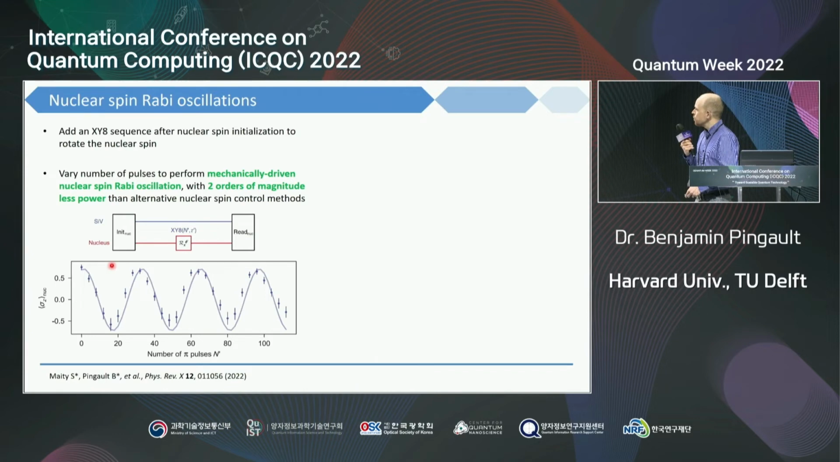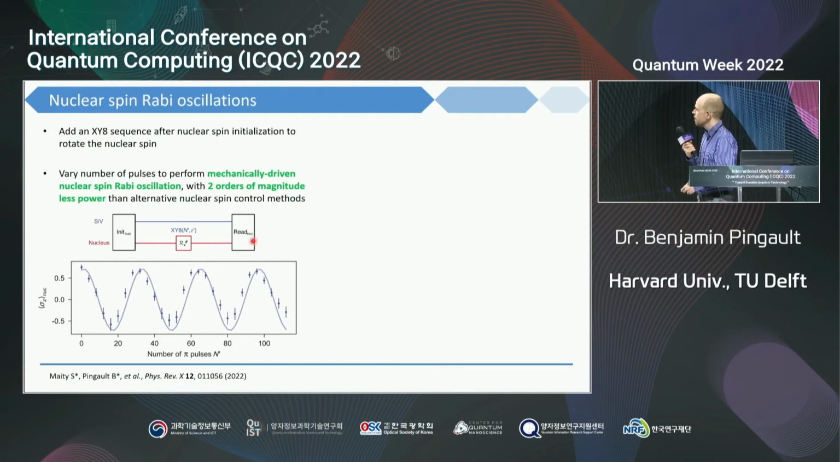Building up on this, we then use these sequences to initialize the nuclear spin, and then do, again, a series of pi pulses on the SIV with varying numbers of pi pulses. This way, we can actually drive Rabi oscillations of the nuclear spin. And so we've proven that we can mechanically, via the SIV, control the nuclear spin, which hadn't been done so far. So that's pretty nice,